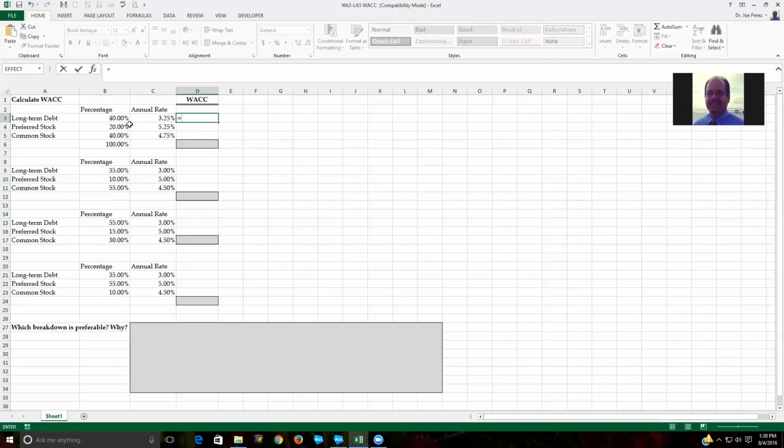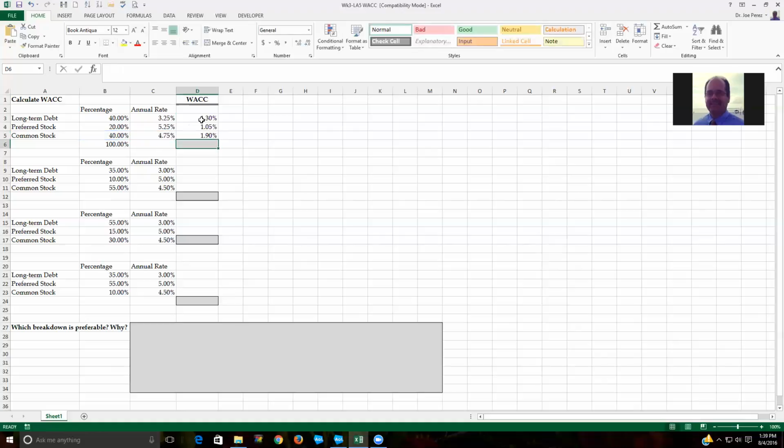So here we have equal 40% times, the asterisk, which tells the software to multiply, times 3.25. Okay, so that's 1.30. The same for your preferred stock. You multiply 20% times the 5.25. You have 1.05, and then finally you have 40% times